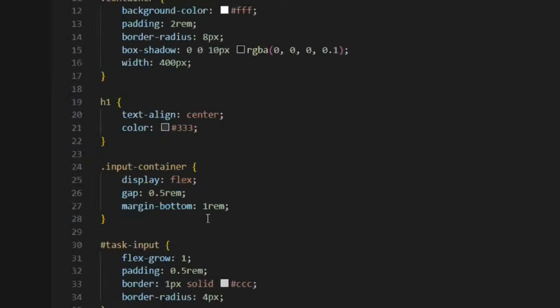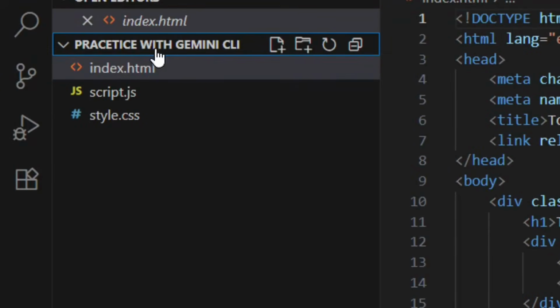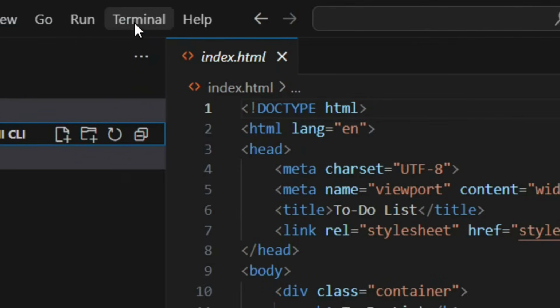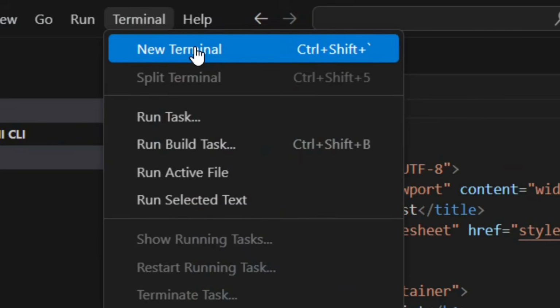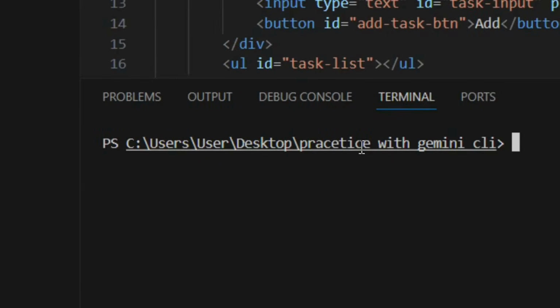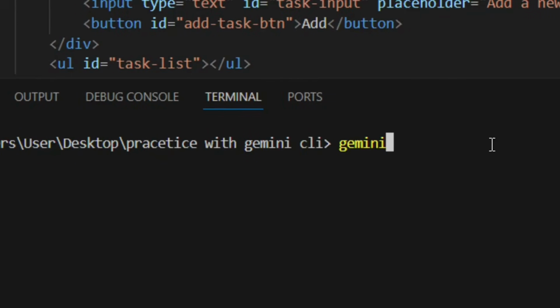So let me show you how to launch Gemini in the folder. You have to come and then select the folder that you want to launch Gemini in it, and then come here, then click on the terminal and select new terminal. And then over here, you will see that it will be logging directly to the folder's location. Okay, and then you can simply launch Gemini in it by simply typing Gemini and